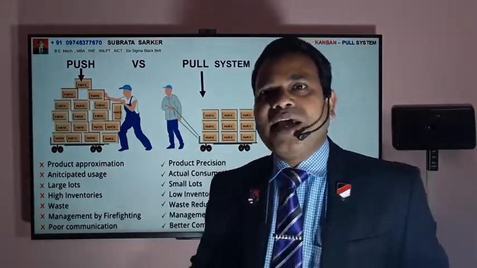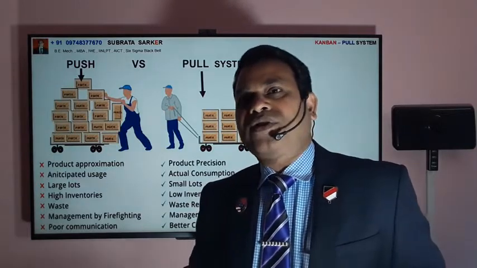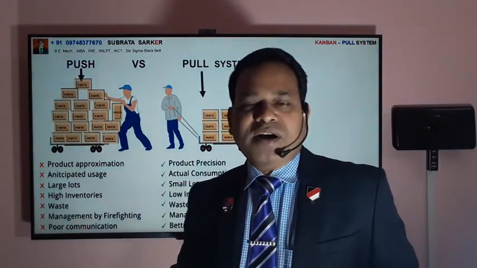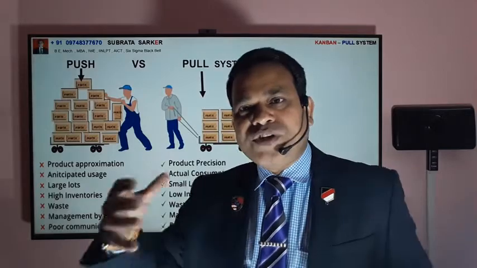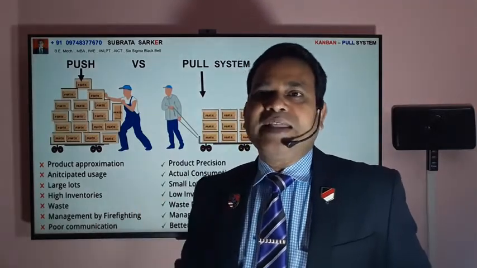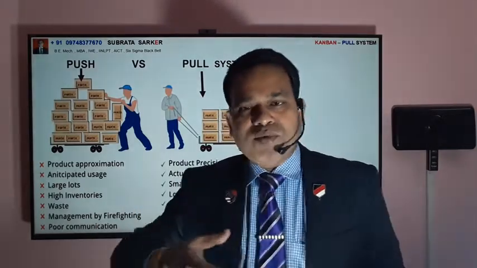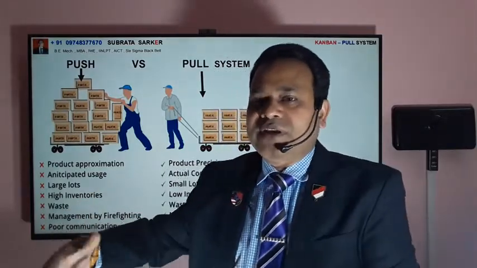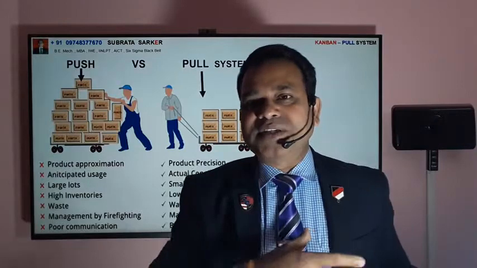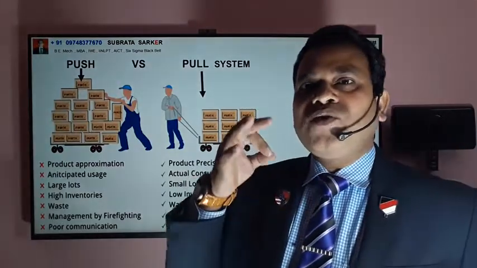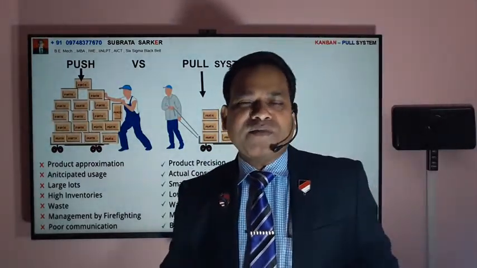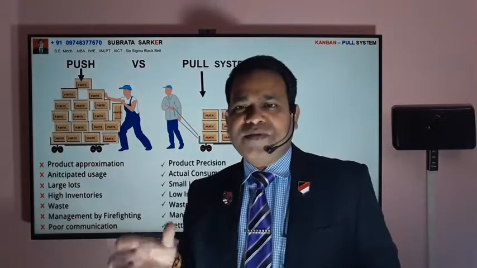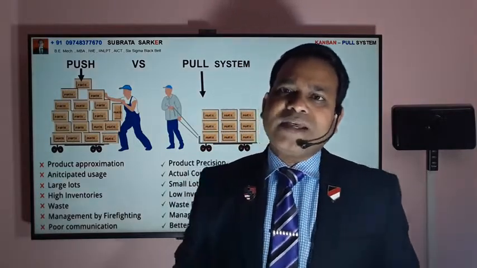So number one is each container of the parts must have a Kanban card. So how many parts you are giving for which number of machine, etc. Then the path is always a pull type of thing. It's finished from here, it will be pulled from that side. It's not that it will push kind of things actually. And no parts may be obtained without a Kanban card. Managing the card is very important actually to trace the process.